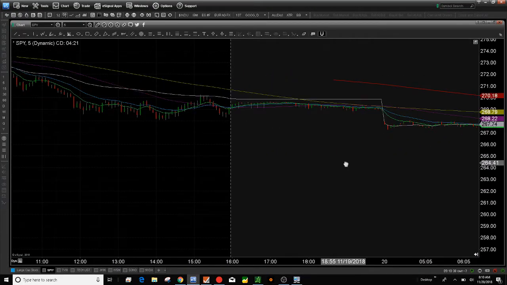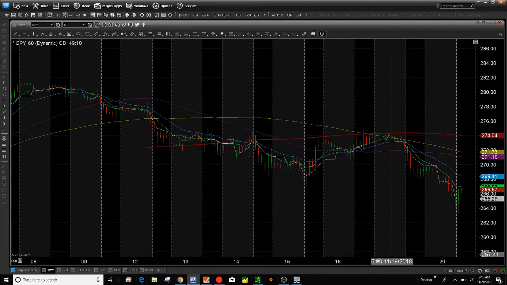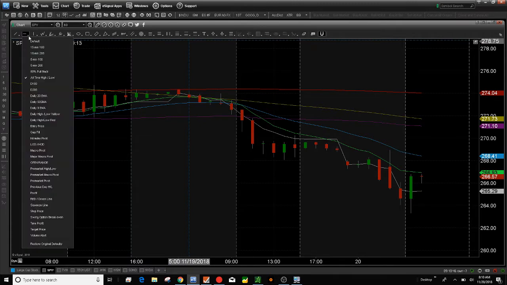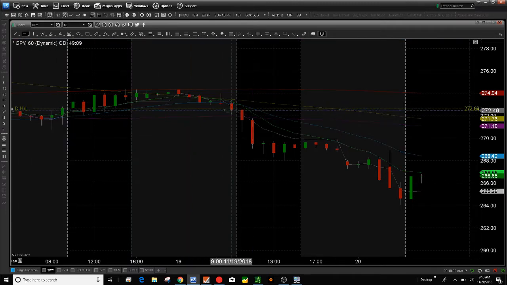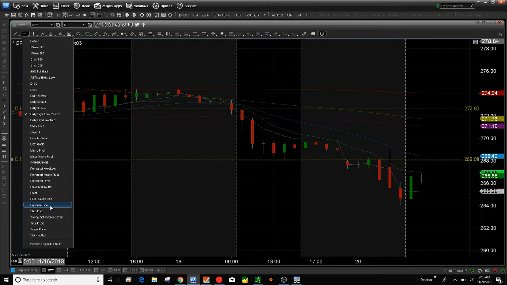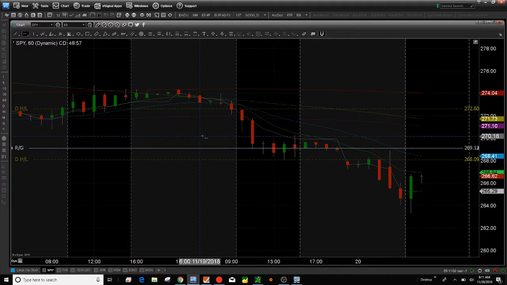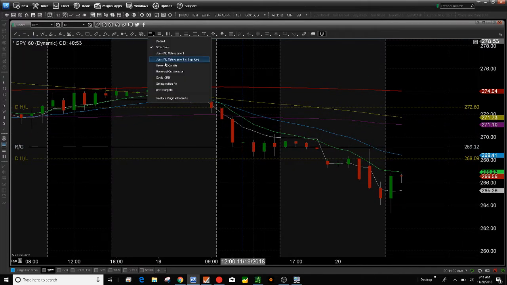So basically, the open gap strategy works like this. What we're going to do is take the high of yesterday, which is right here, the low of yesterday, which is right there. We have the red to green line right around here, so we closed yesterday, okay? And then from here, what we have is